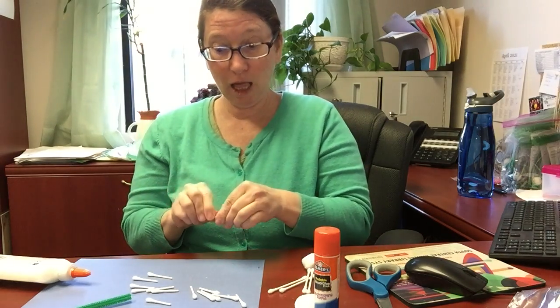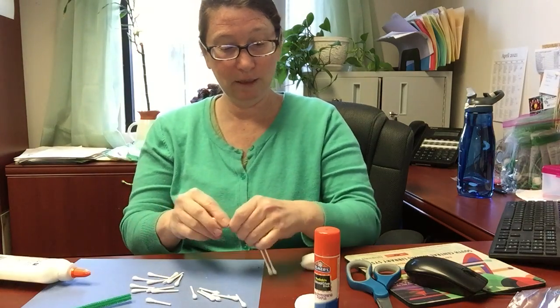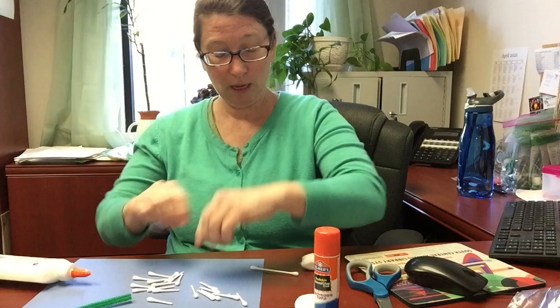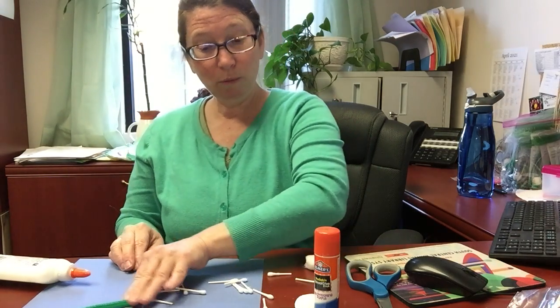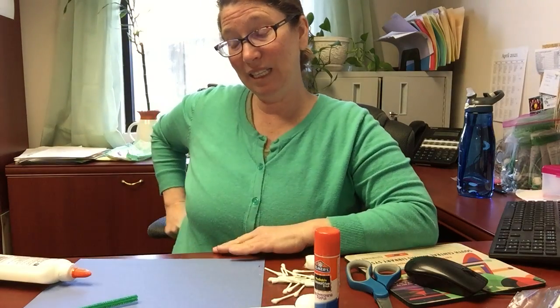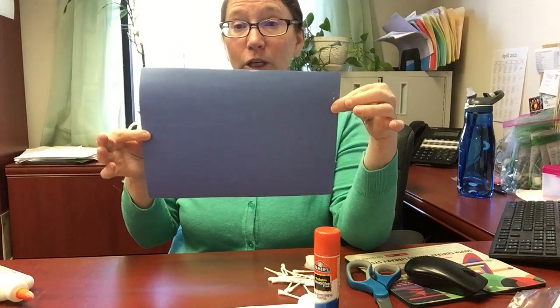This makes a lot of little pieces, doesn't it? But I think we'll probably use all of them, so it's okay. If you are using liquid glue, remember that it takes a lot longer to dry, but it will stay in place a lot better. So the next thing you want to do is you're going to look at your paper,